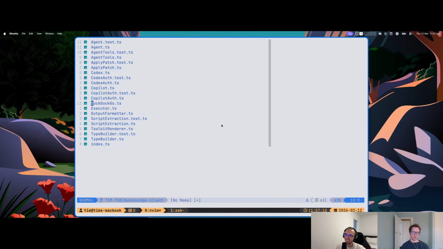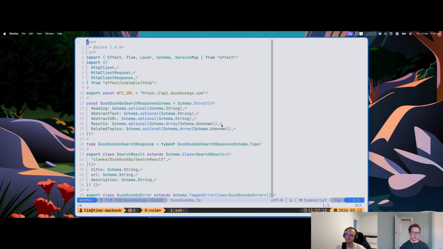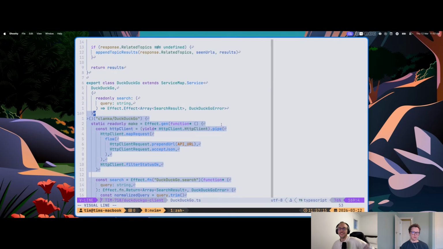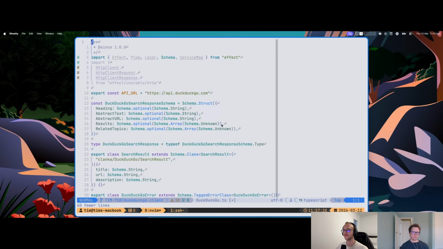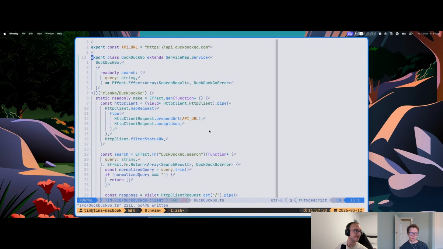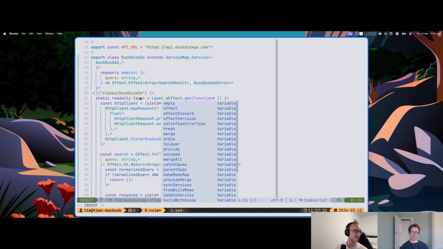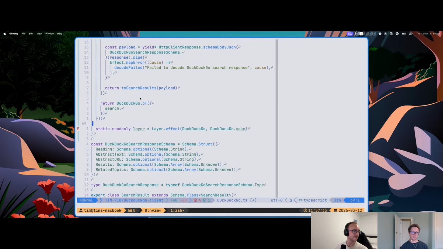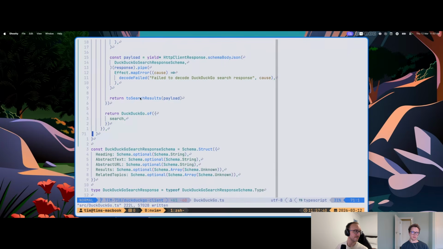I don't really care about test source. I think I'll just inline the layer. Layer.effect, DuckDuckGo constructor, and